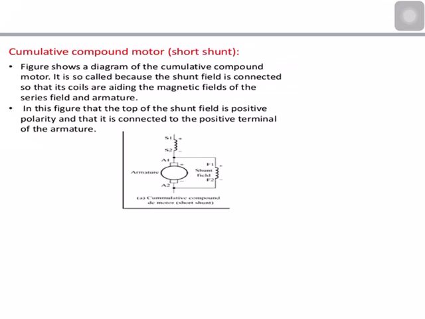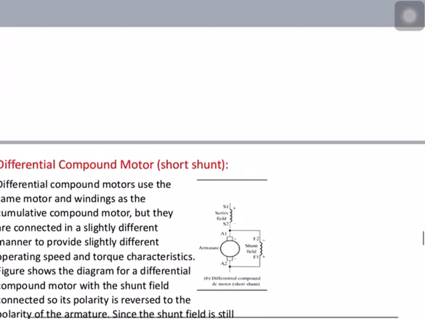If we remember, a shunt motor can provide smooth operation at full speed, but it cannot start with a large load attached. And a series motor can start with a heavy load, but its speed cannot be controlled. The cumulative compound motor takes the best characteristics of both the series motor and the shunt motor, which makes it acceptable for most applications. This is why the cumulative compound motor's characteristics are like this.